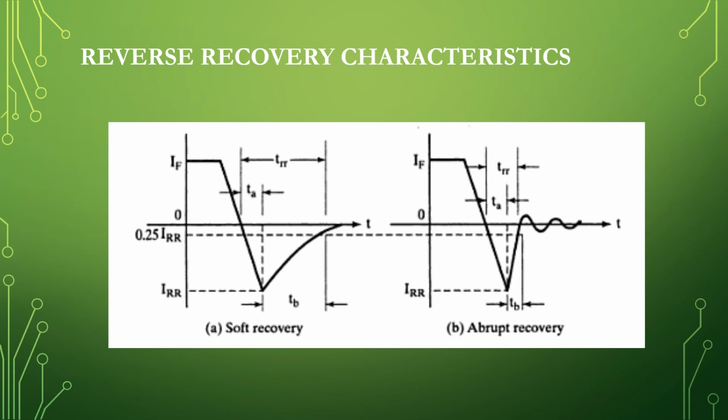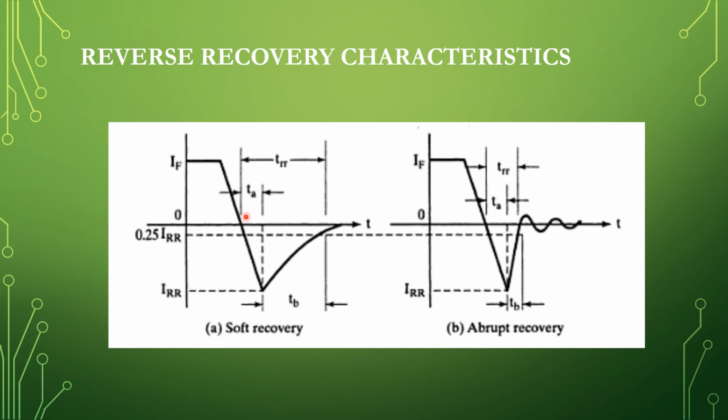So you can observe here, initially the current is in the forward direction with a constant value IF. At this point, when the voltage is reversed, the current will not become zero at once. It will slowly reduce, become zero, and again it will reverse its direction. It will reach the maximum reverse value and then drastically it reduces to zero.